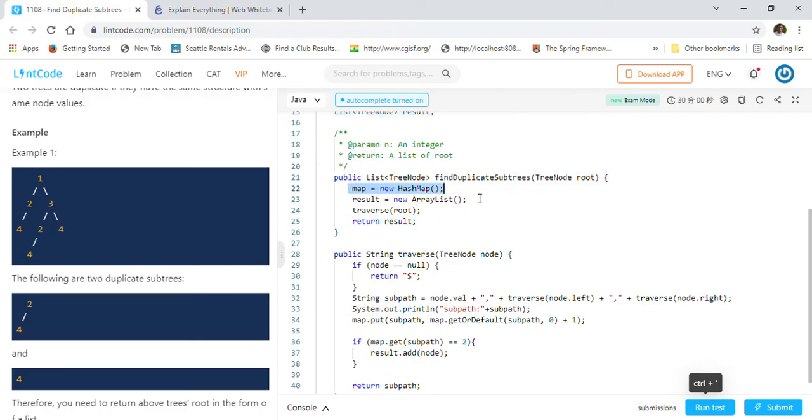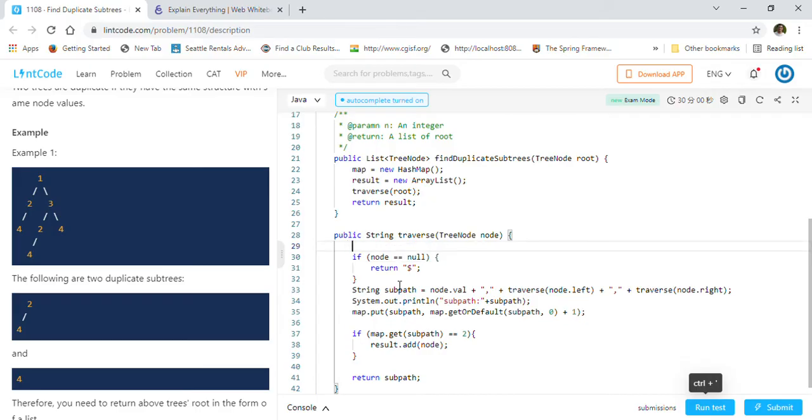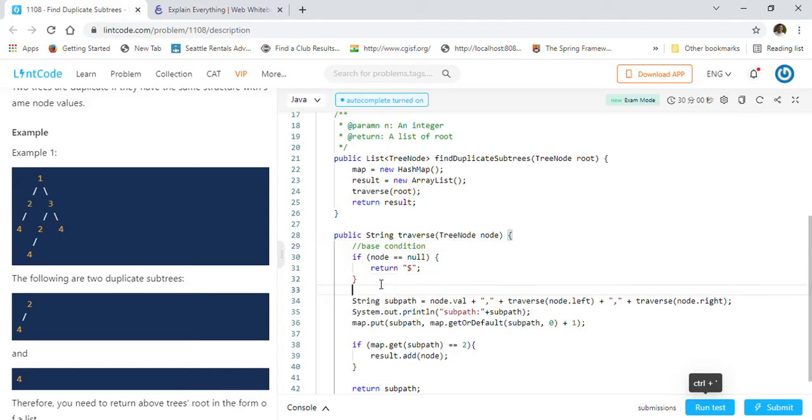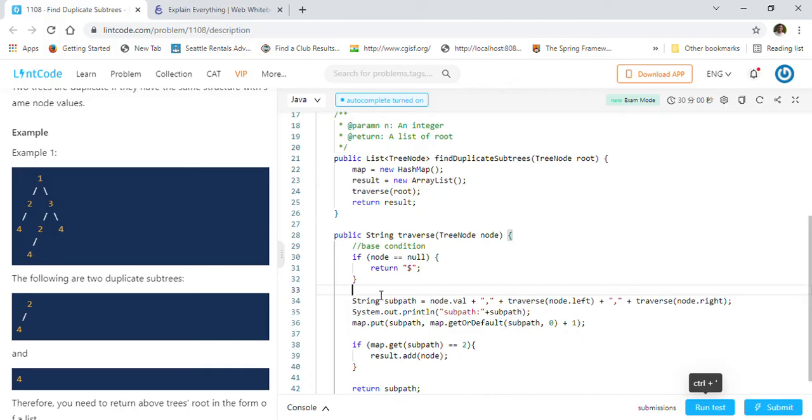Here we initialize the hash map and array list, and then we have a traverse function where we pass the tree node root. This is the base condition of our recursive function. Whenever we hit a null node, we put a dollar there, and return that.